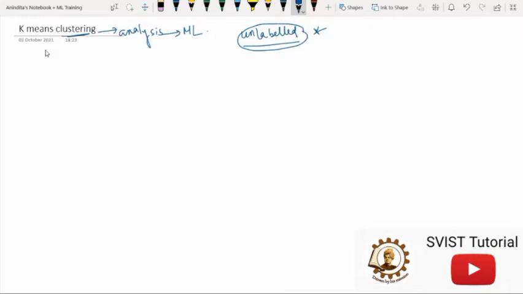Supervised learning mechanism means whenever we are using the labeled column for performing any classification activity. It is just like a teacher. Whenever a teacher is teaching you a course and you are learning something from that course, it is known as supervised mechanism. There is one supervisor who is supervising about some specific lecture and then you are learning. Supervising about some specific lecture means this is the label column.